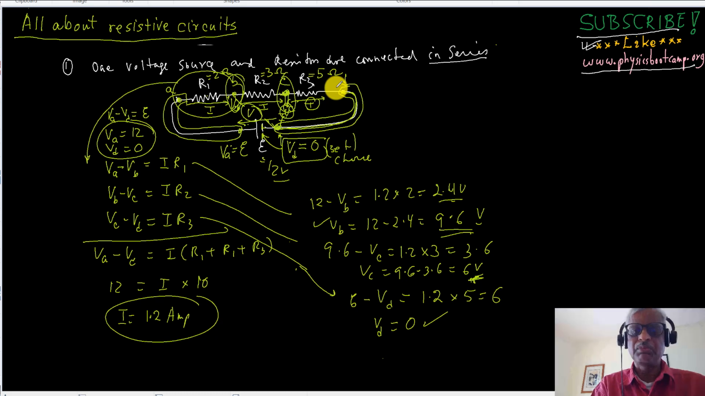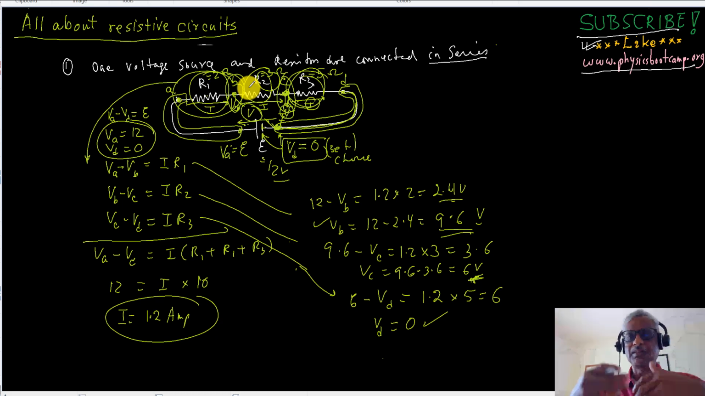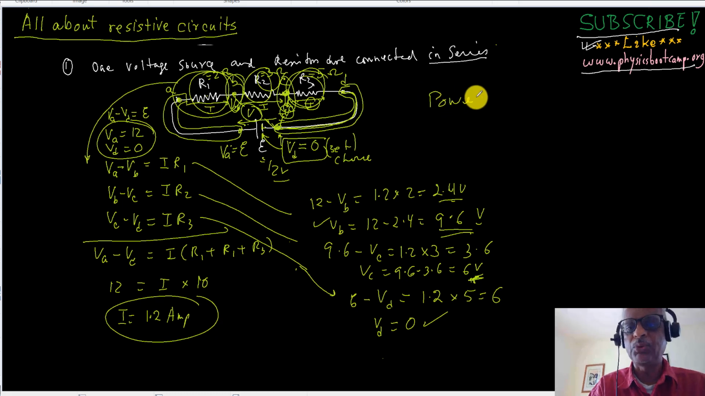Sometimes when people ask questions, they also ask how much power is being dissipated in each one of them. These resistors will start to heat up, and that heat will get dissipated. So power dissipated is a side question that can be answered now in, say, resistor